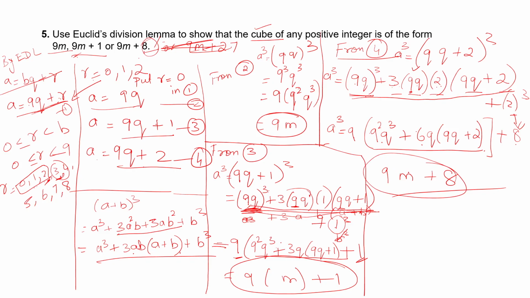Okay, so you can write the answer as, you name these as some other equations. Up to what we have named 4, you name this as 5, you name this as 6, and you name this as 7. From 5, 6 and 7, we have shown that the cube of any positive integer is of the form 9m, 9m plus 1 or 9m plus 8. Okay, so like this you have to write and complete.